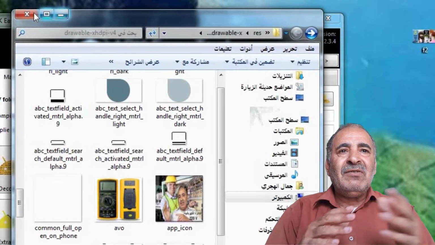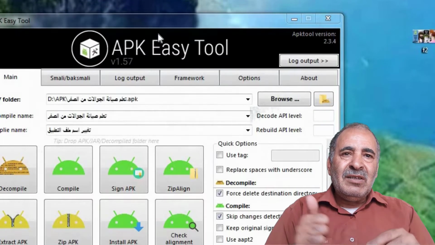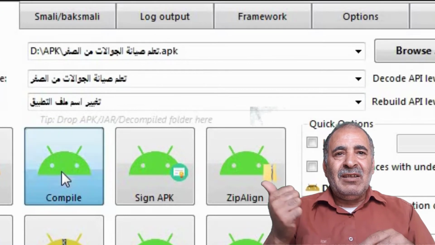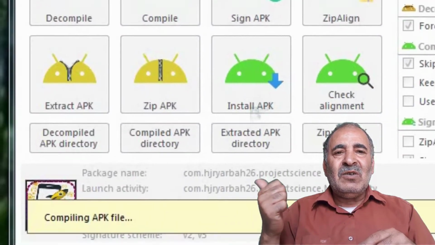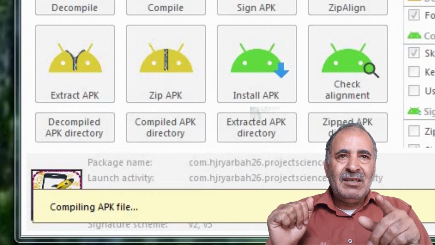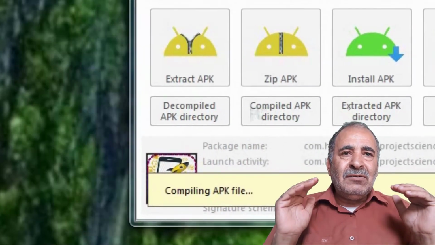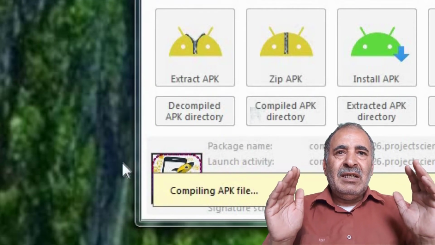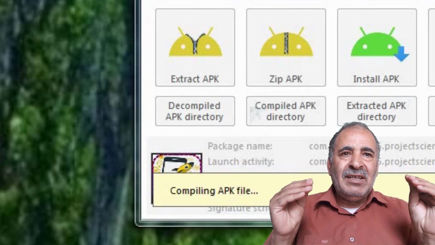Then the save is good. Look how to change there in the file which includes the resources. Okay, look, we want to change it,